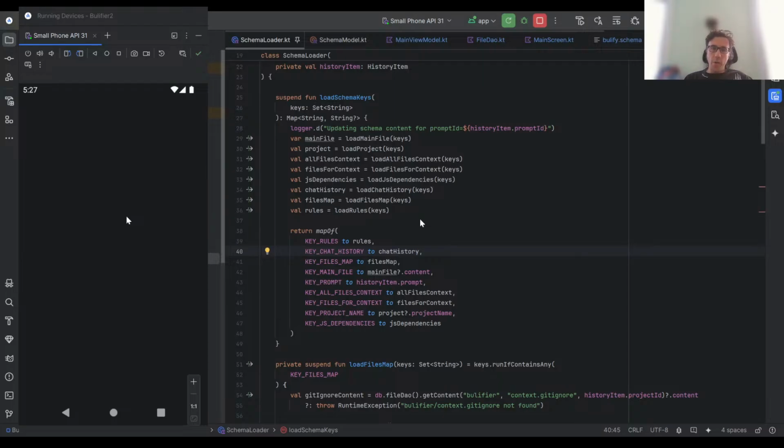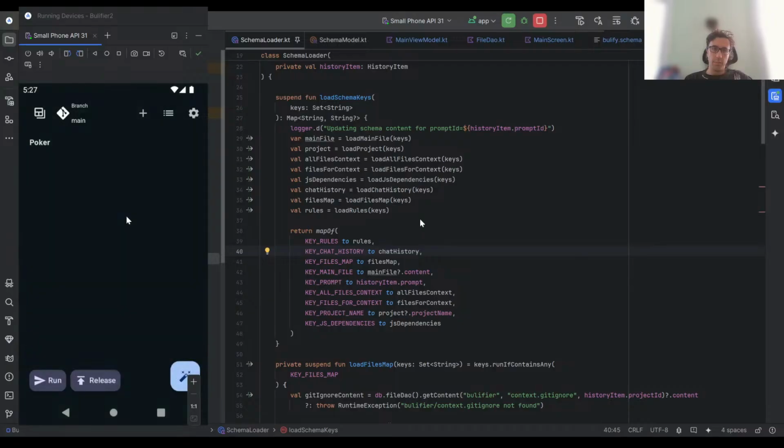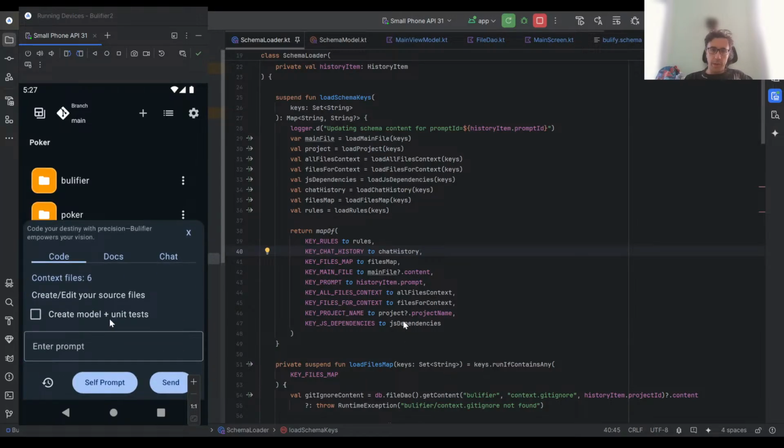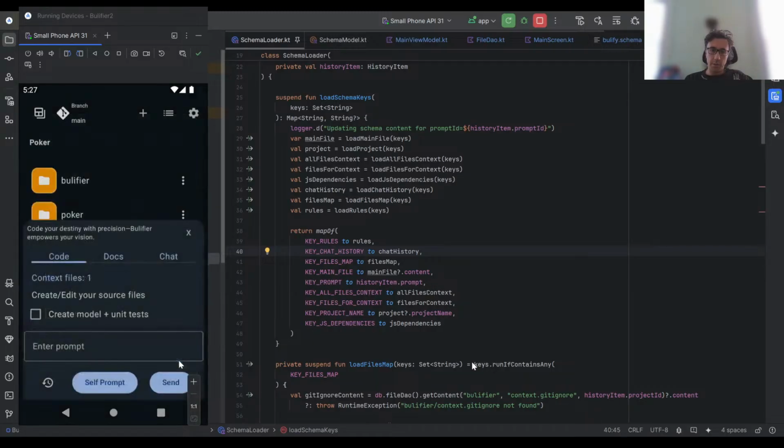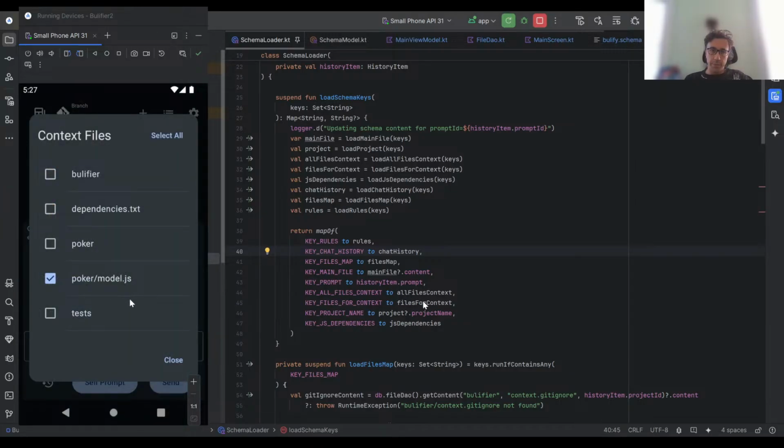Dear emulator, why do you take so long to load? Right. So the way to test it is let's just give it one file as a context. Let's give it the model as the context. And actually, let's do what we want to do. Let's give it a model and let's give it the tests. Oh, wait,